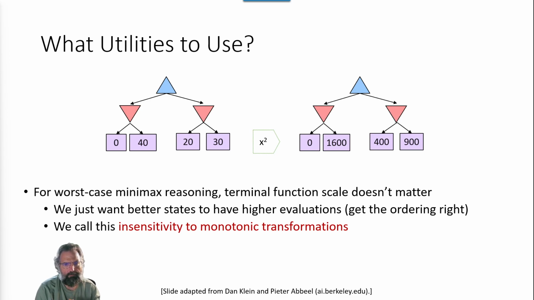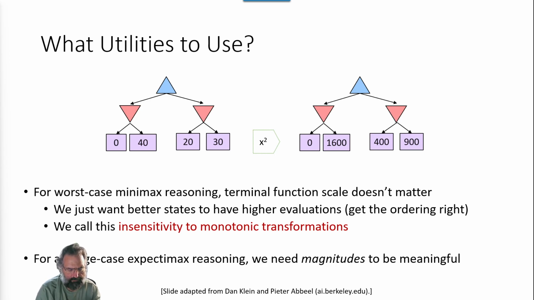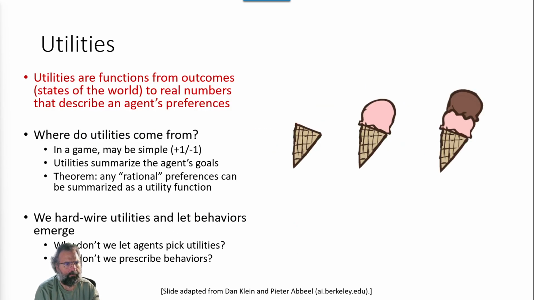and what utilities to use. So when you're picking, you have a choice sometimes between the worst case min-max reasoning and the terminal function scale. That doesn't matter. So the long story short, you want to do better states. You want to have states that have higher evaluations so that you get the ordering correct, is what you're basically wanting to do. And we call this insensitivity to monotonic transformations. So trying to make sure you get the order of operations correct, and that the average case or expecting max reasoning, we need magnitudes to be meaningful. And sometimes just getting on the right scale is what matters. So